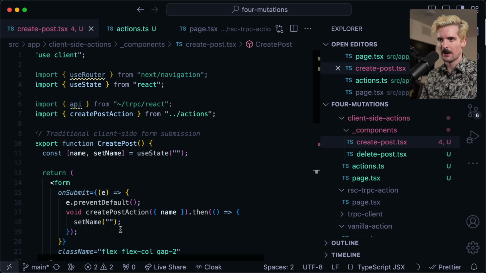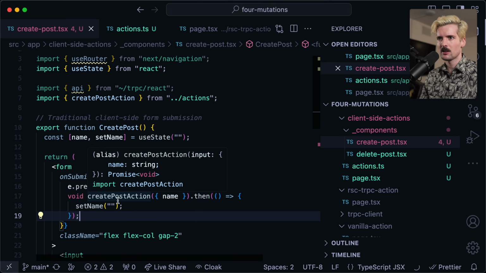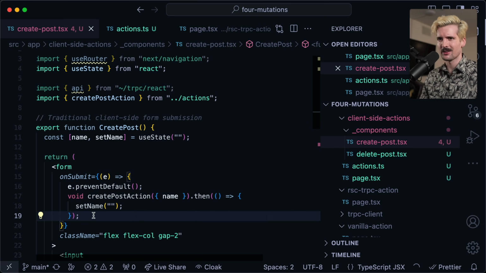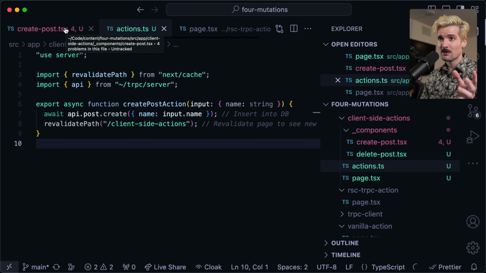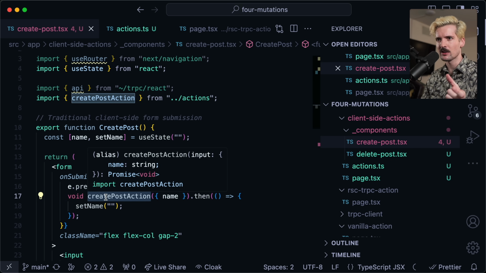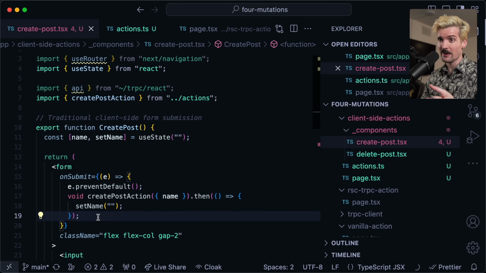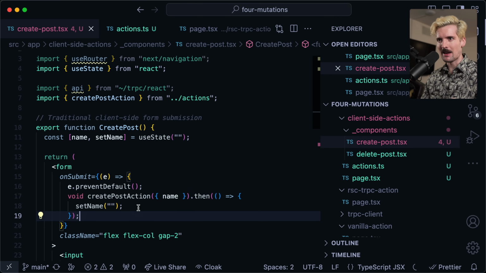The way that this works now is when you import a server action, this becomes a fetch call. This becomes a built-in function that's almost like an RPC, where we define this on the server and it's accessed on the route, this becomes a post endpoint that the client can hit. And when you call it, the compiler turns this into a fetch call and handles it behind the scenes for you. This is dope because you can write a server action and bind it to a form the way I showed earlier, or you can throw it in a file marked use server and import it and basically have a